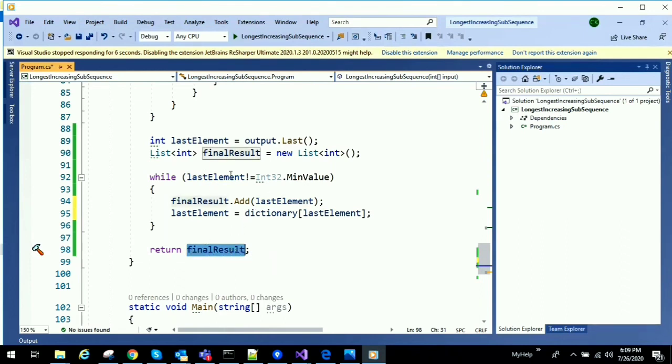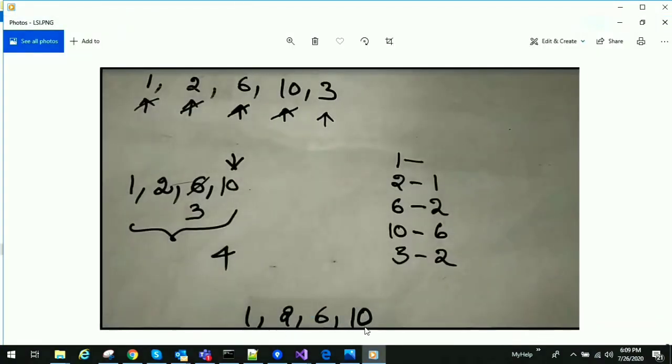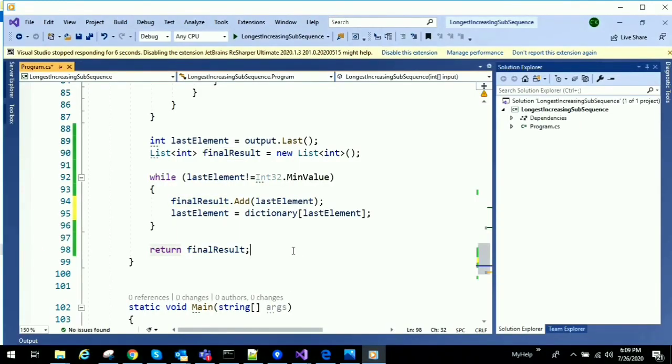Finally we will return the result, which contains all the elements in the longest increasing subsequence. And if we notice here, we have added elements in reverse order. First I have added 10, next I have added 6, next I have added 2, and next I have added 1. If we print as it is, it will give 10, 6, 2, 1, but we want 1, 2, 6, 10. So that's the reason while printing we will print it in reverse order,